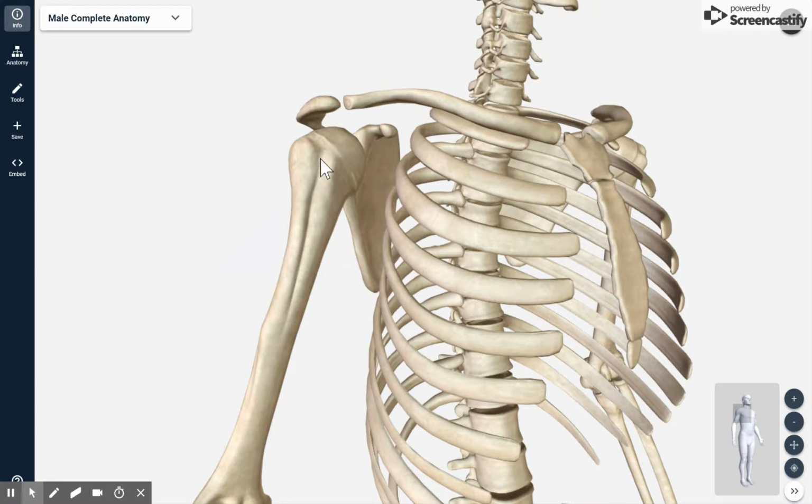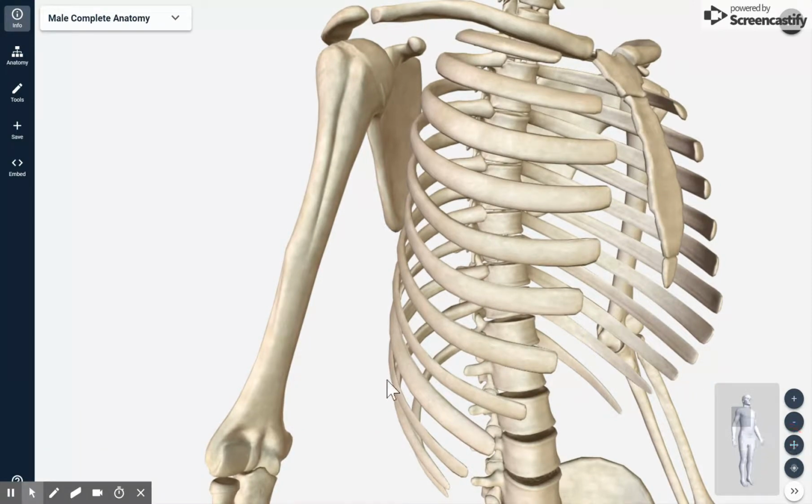The ridge that goes straight down the middle is called the bicipital groove, and this is where the long head of the biceps sits. So you have your humeral head, which has the greater tuberosity and the lesser tuberosity, and then you have the bicipital groove going straight down, and then further down the humerus,